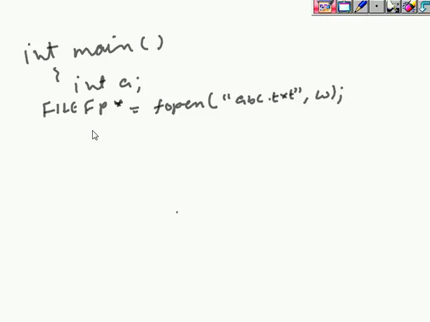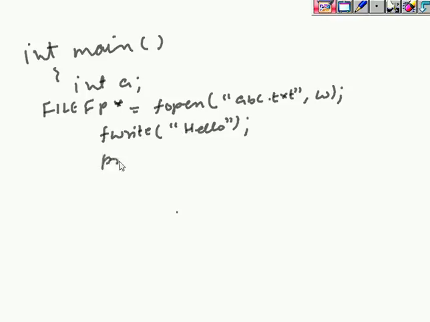And then we write something into this file, say fwrite hello. So this instruction, we are writing hello to this abc.txt file,